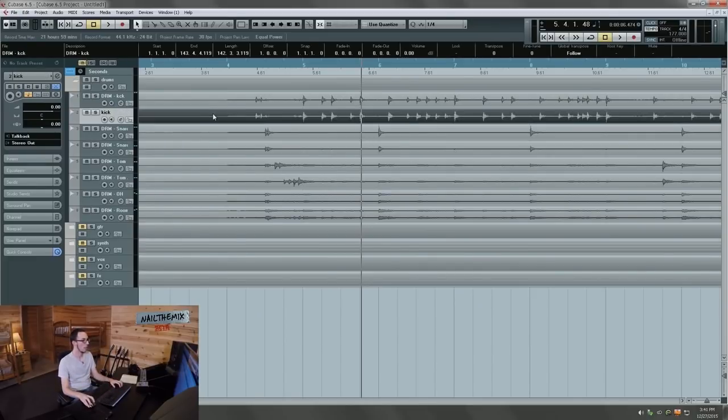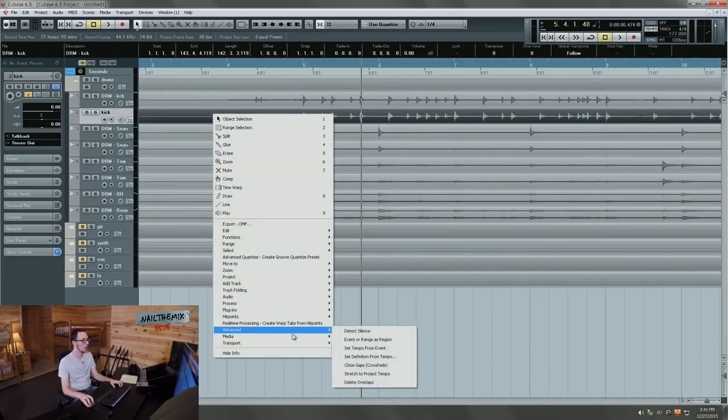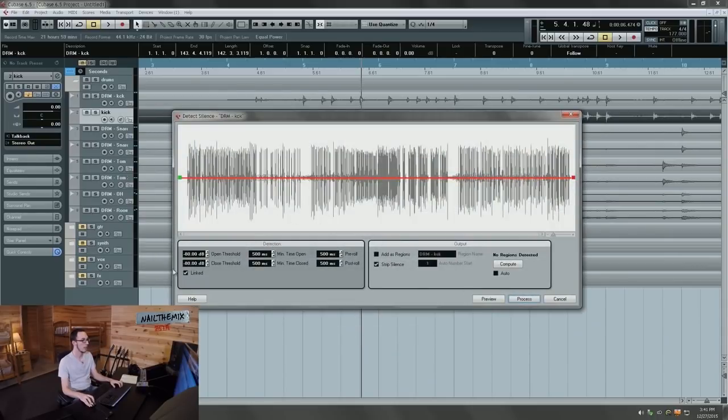And then take that audio, I'm going to right click, advanced, detect silence. I'm going to set my threshold to negative 14.5. I'm going to have the pre-roll at about 3 milliseconds and the post-roll at 0. And then this open and close time is how long each little slice of audio is going to be. I'm going to set it to about 64 milliseconds